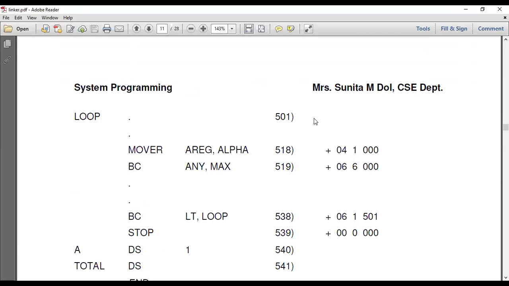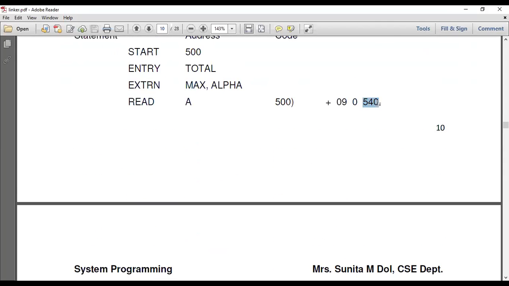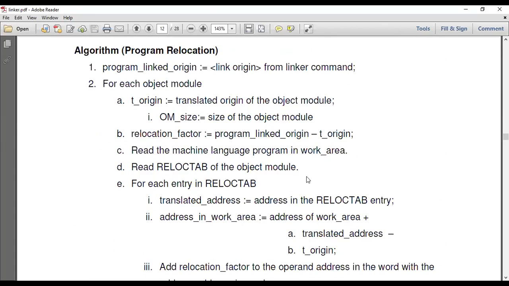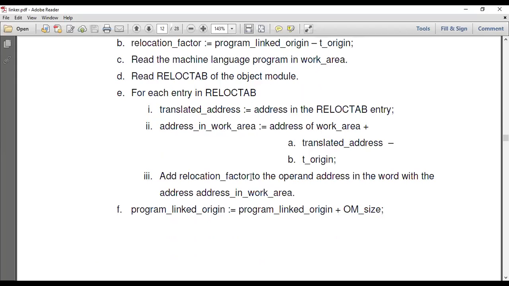No, it is 540. So 540 plus 400 is 940, and that will be stored in the address in work area. Like this you have to calculate the relocation table entry.